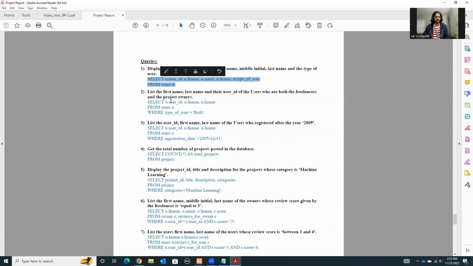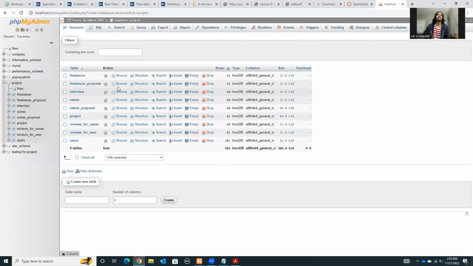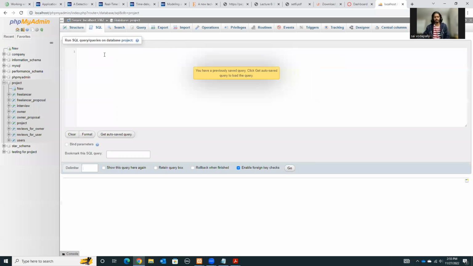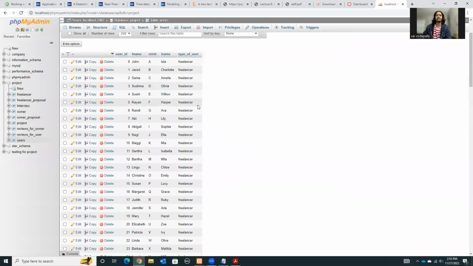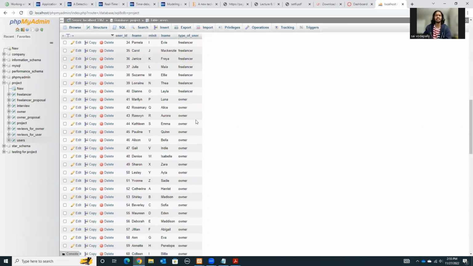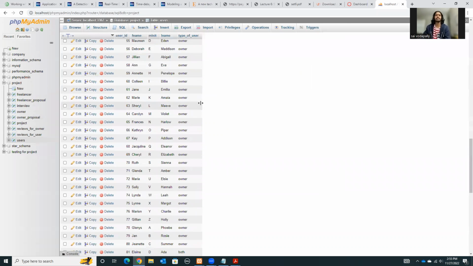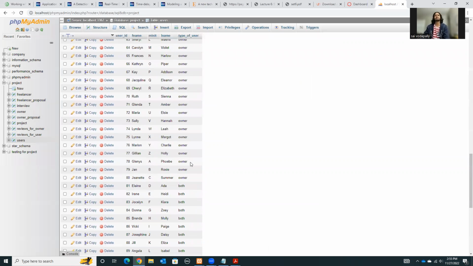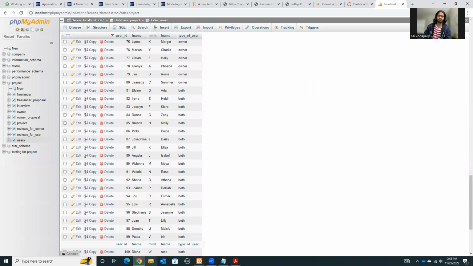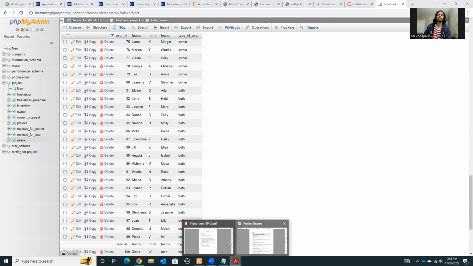When I select this and run this query, like I said earlier, this gave me the user ID, the first name, the middle initial, last name, and the type of user. In my case, I have a lot of freelancers and owners, and the user can be both the freelancer and the owner. So looking at the next code,